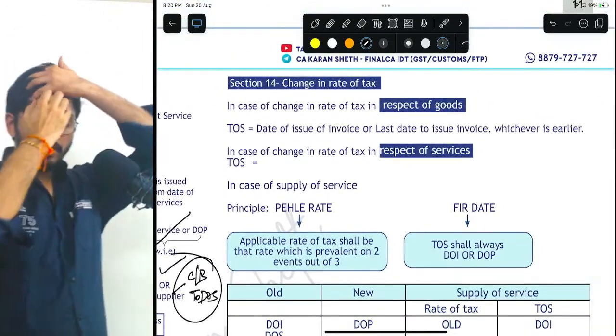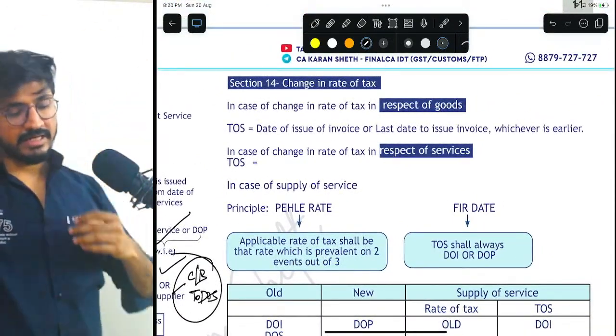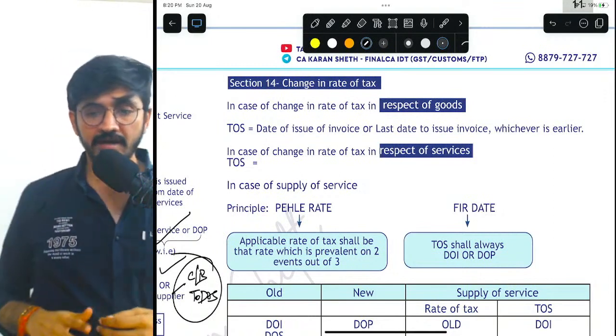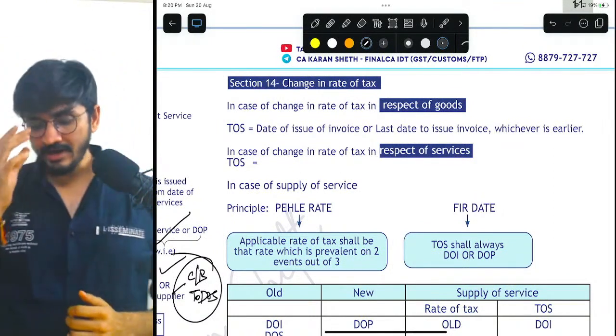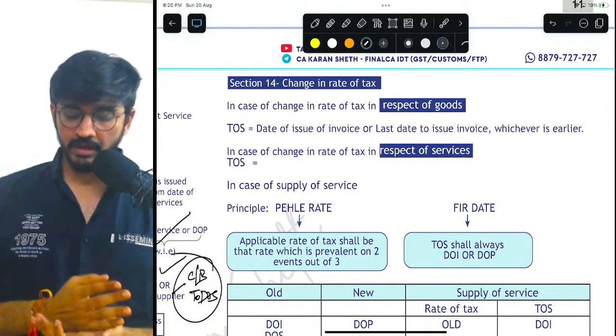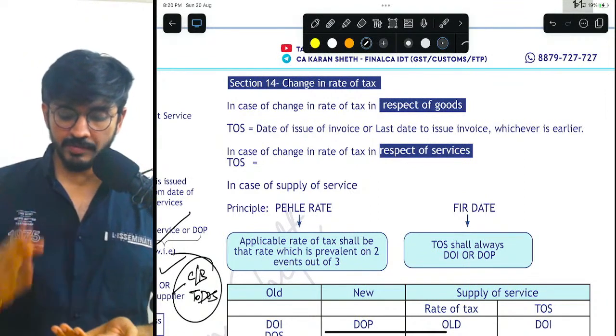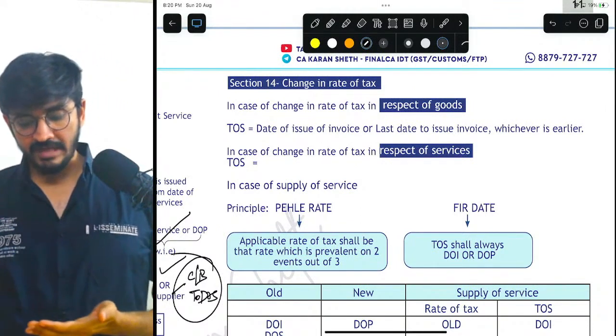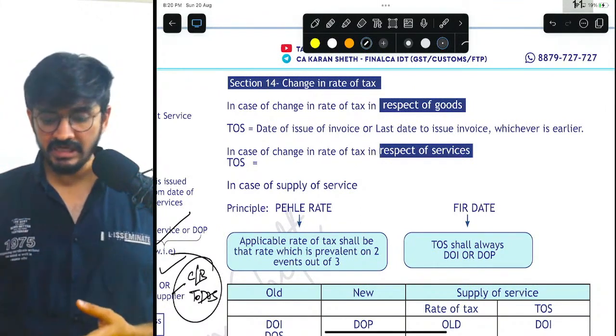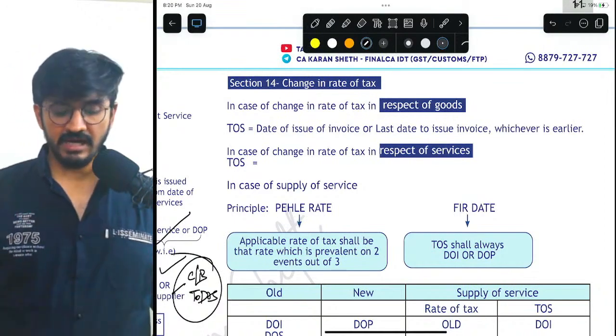Next, my dear friends, what I'm going to talk about is section 14. When I talk about section 14, the concept is very simple. There should be change in rate of tax. There should be change in rate of tax. And when I talk about change in rate of tax, understand that